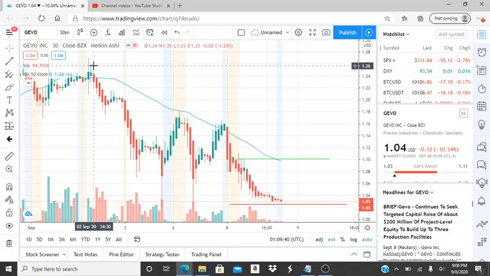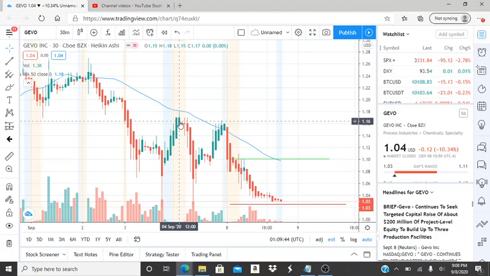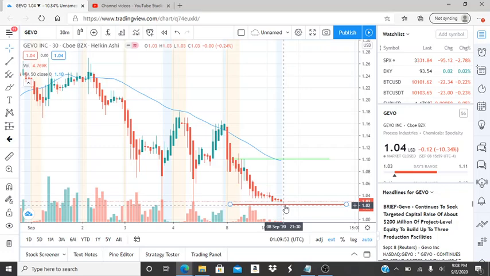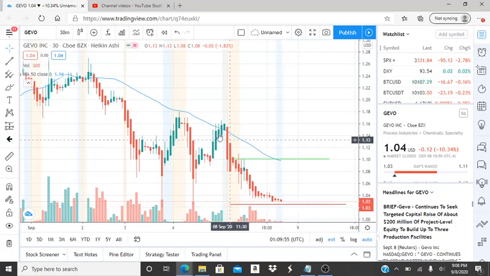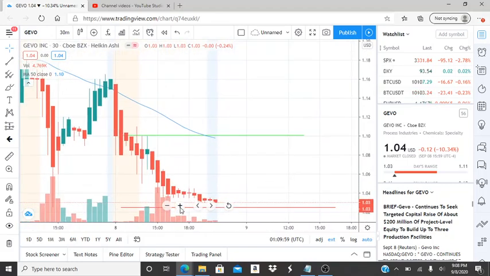After a very bearish run since September 2nd, with slight recoveries from the bulls but not being able to test the 50-day moving average twice and break right through it, the Bears are definitely dominating this one, and they've brought this to newer lows. Let's go ahead and see what's important.